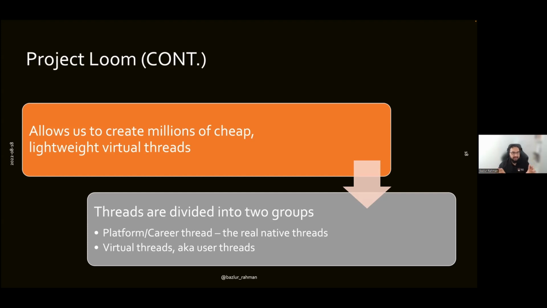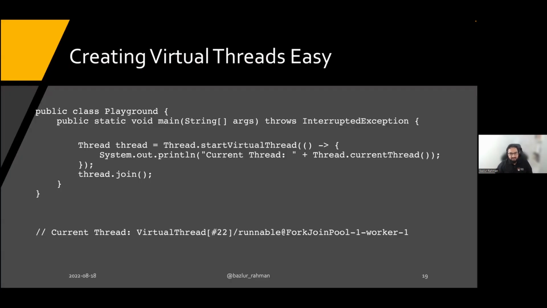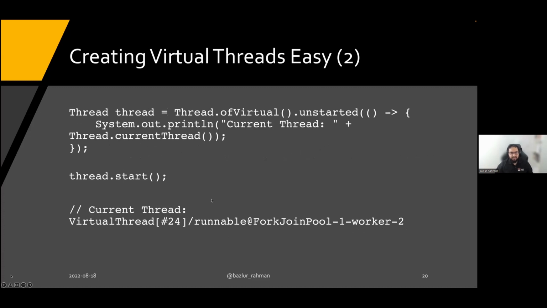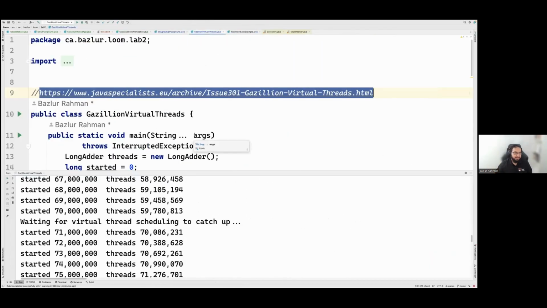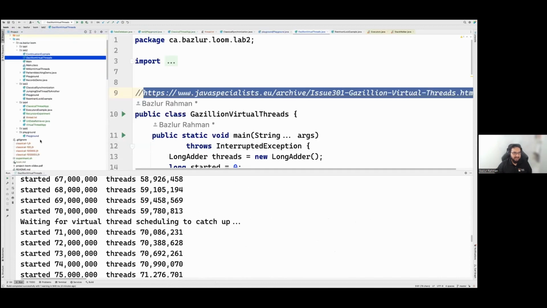So keep that in mind. Now we have two kinds of threads: one is virtual, another is traditional, classic, native, whatever name you want to call it. All right, I'm going to show this part in a demo so that it is fun doing an experiment with the IDE.